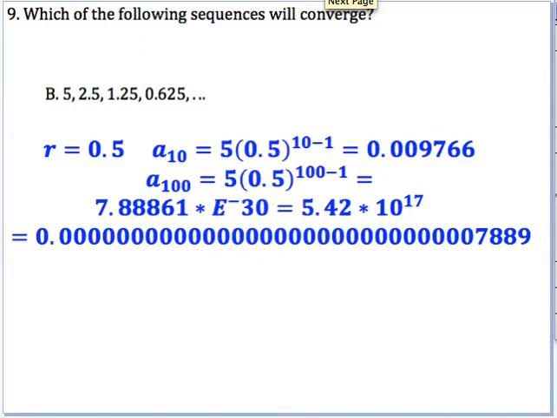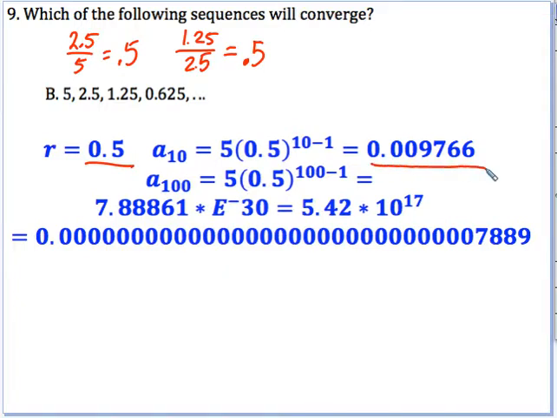Most of you probably looked at it originally and said, hey, it must be B, because your rate here is 0.5. To get that, we did 2.5 divided by 5, and that gave us 0.5. You could also do 1.25 divided by 2.5. Remember, you take two consecutive terms. You take the second one divided by the first one to find your rates with geometric sequences. And so this time my rate is 0.5. Okay? I find my 10th term, and I get this number,